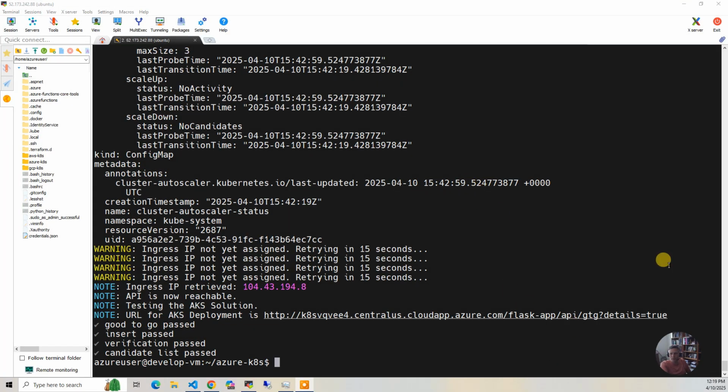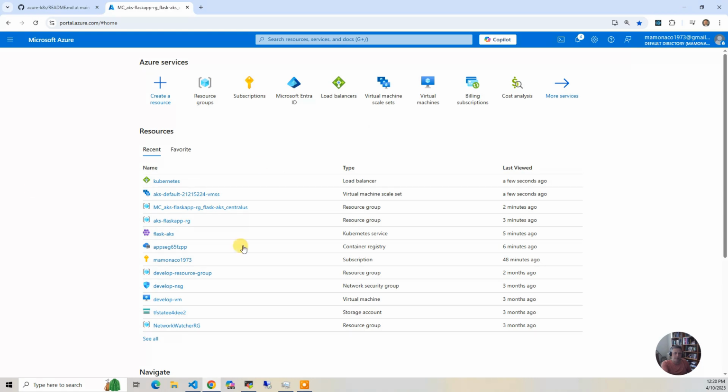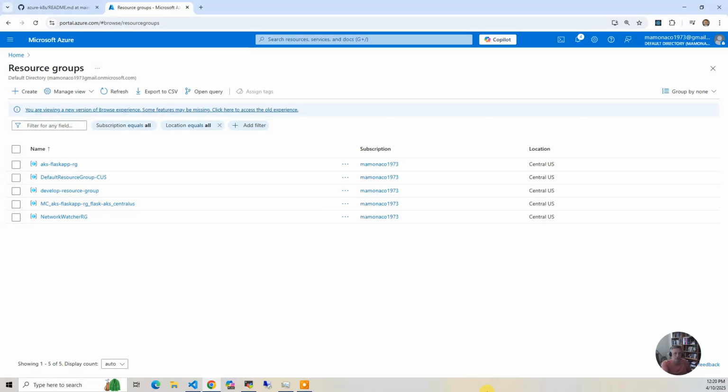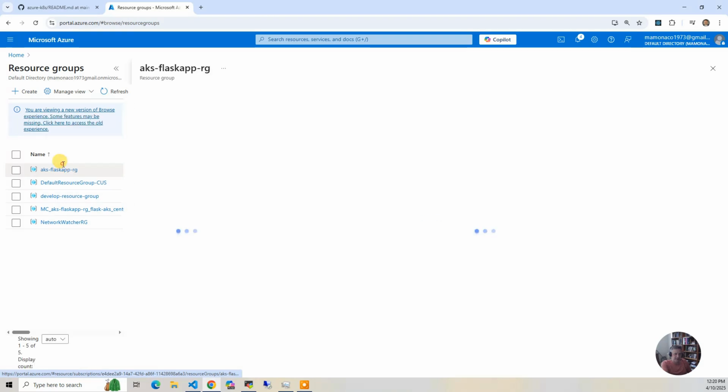Okay, the build has completed. So now what we're going to do is bring up the Azure console, and let's take a look as to what actually got built. So let's go to your web browser. Log onto your console. This is the default page, and I'm going to click on Resource Group. And the first resource group is going to be the one that we actually created explicitly, the AKS Flask app